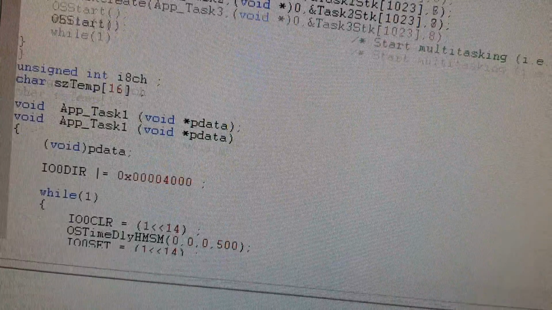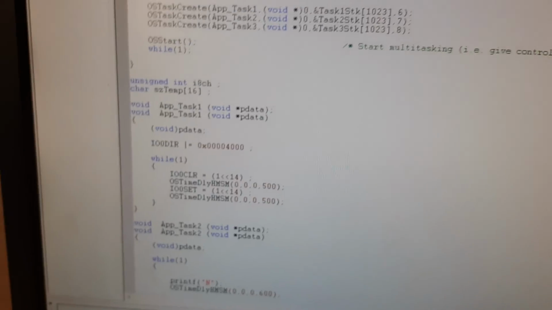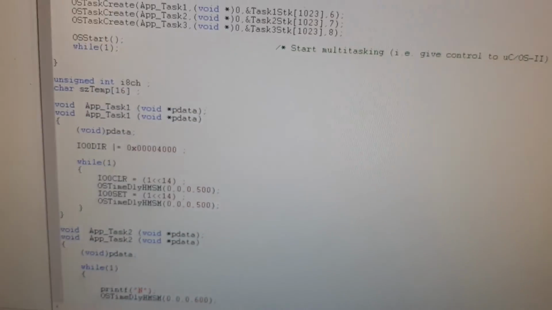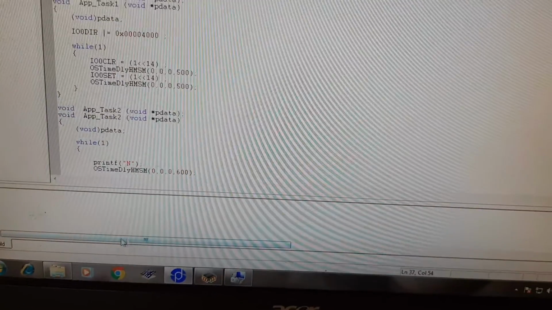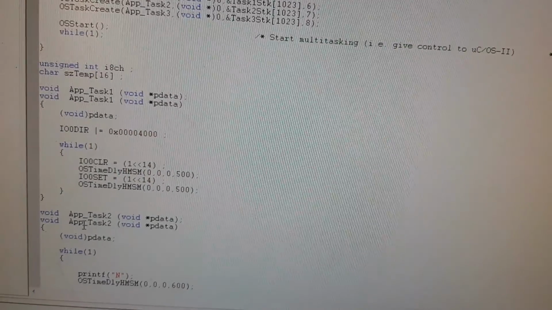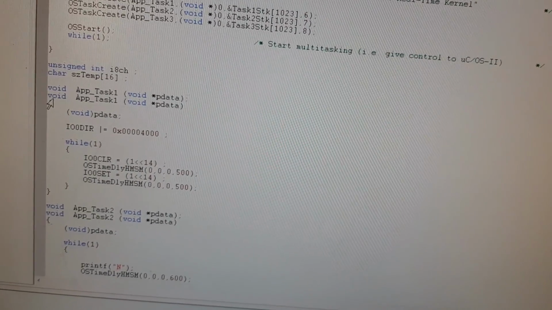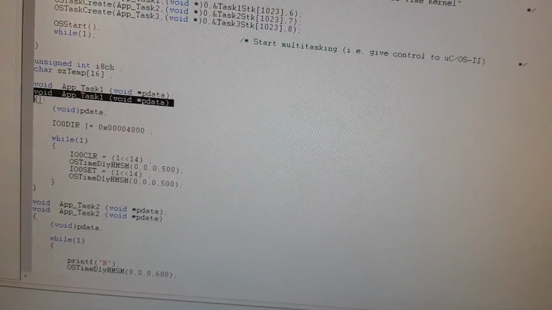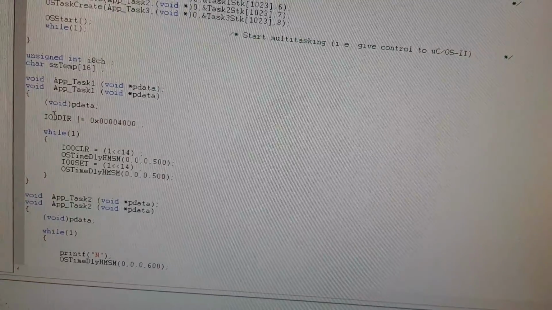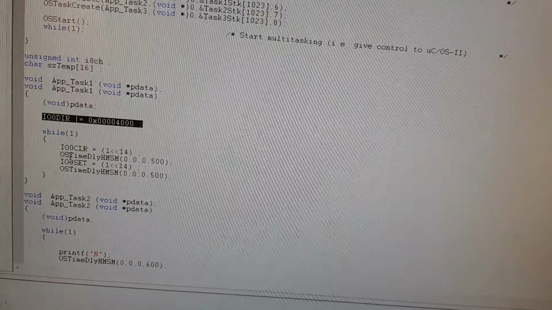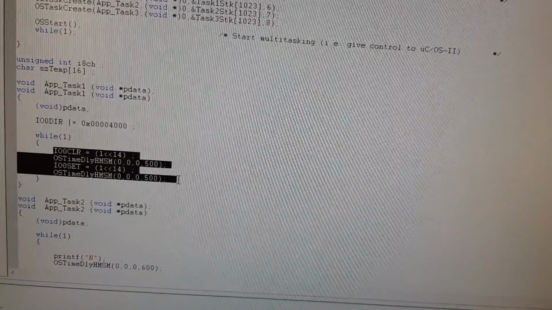So this is the mechanism used for the selection of your task. Then you have to create the task. So first task is to blink the LED. We have discussed last time also, that is, decide the IO direction, and at pin number 14 we have connected the LED.